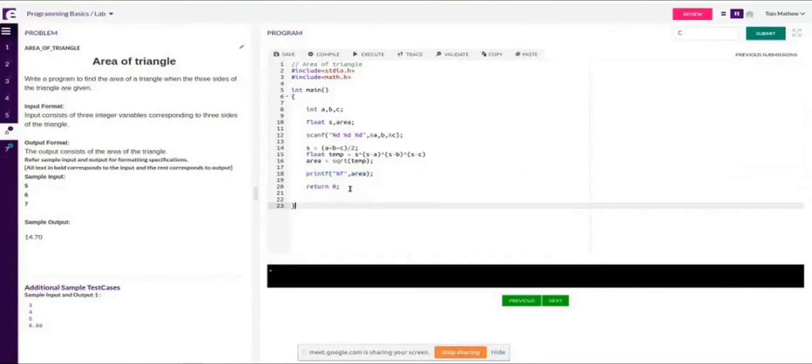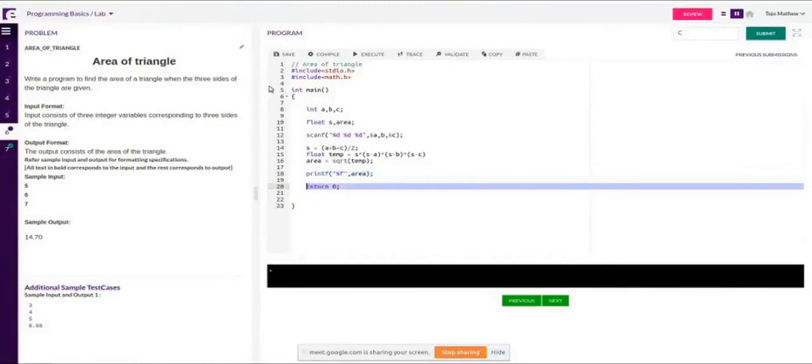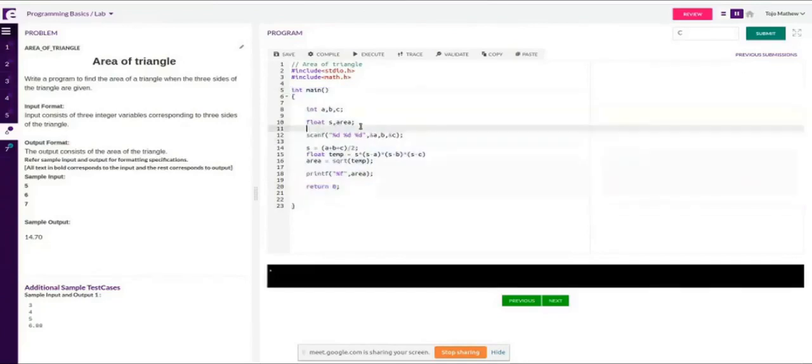This return statement is what we are giving back to the operating system. It is supposed to say what the status of the program is, whether it was successful or not. So we give an integer value all the time. So this int corresponds to this return 0. So return 0 or any non-zero integer is the expected way of doing it. So we don't change this to float main.